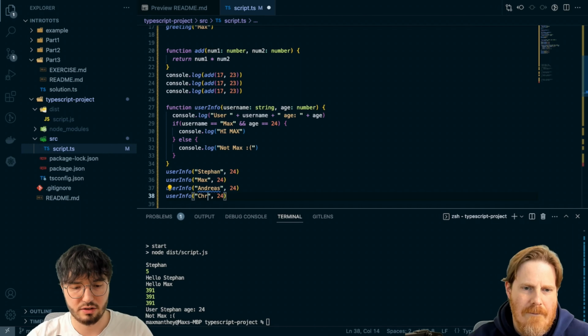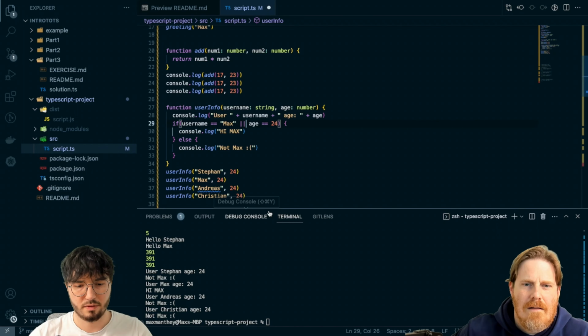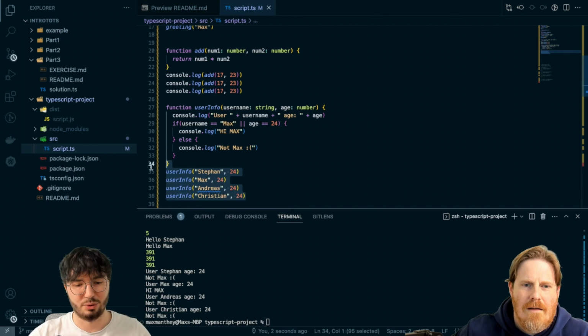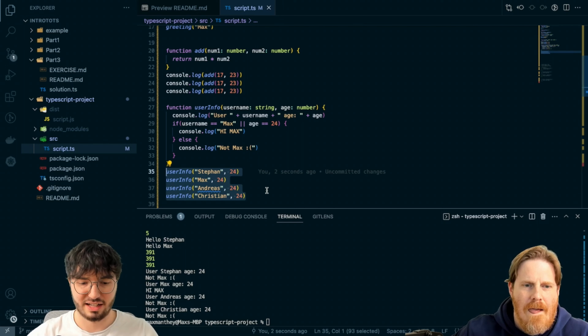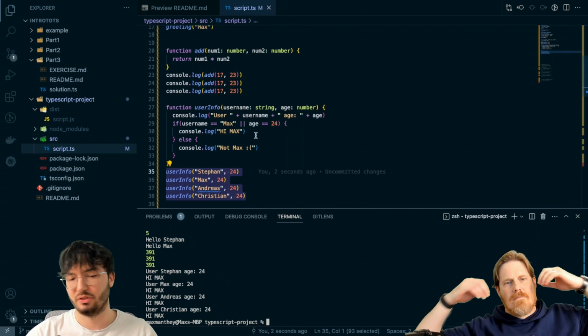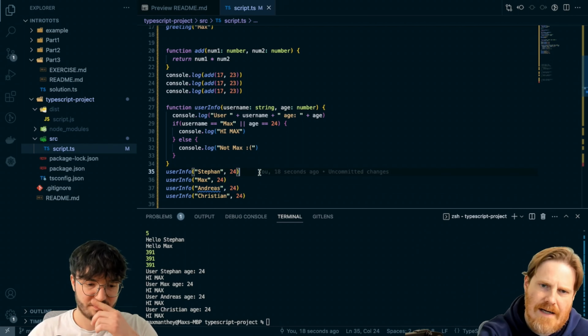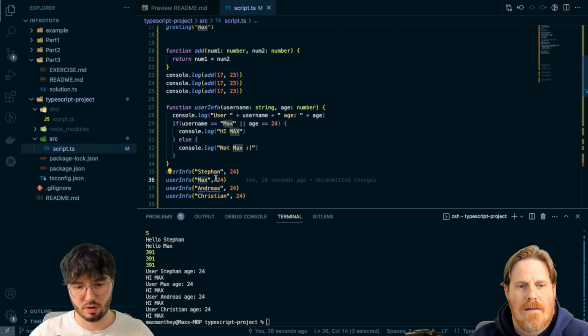Just to complete that, if I would put an or between max and age, or the two pipes, then how many of those would say hi max? Every single one. That's perfectly right. That's exactly what happens. So if I run the code again, hi max, because they're all 24 years old. Because at least one of them is always true. In the case of max and 24, both are true, but this doesn't matter because we're just looking for one true. Exactly. So even if I change this to Maximilian,